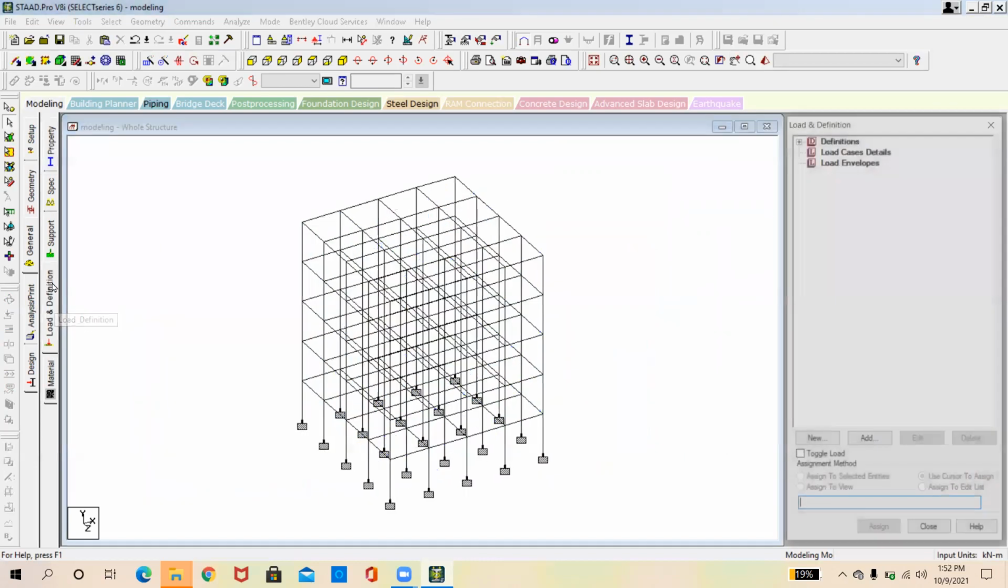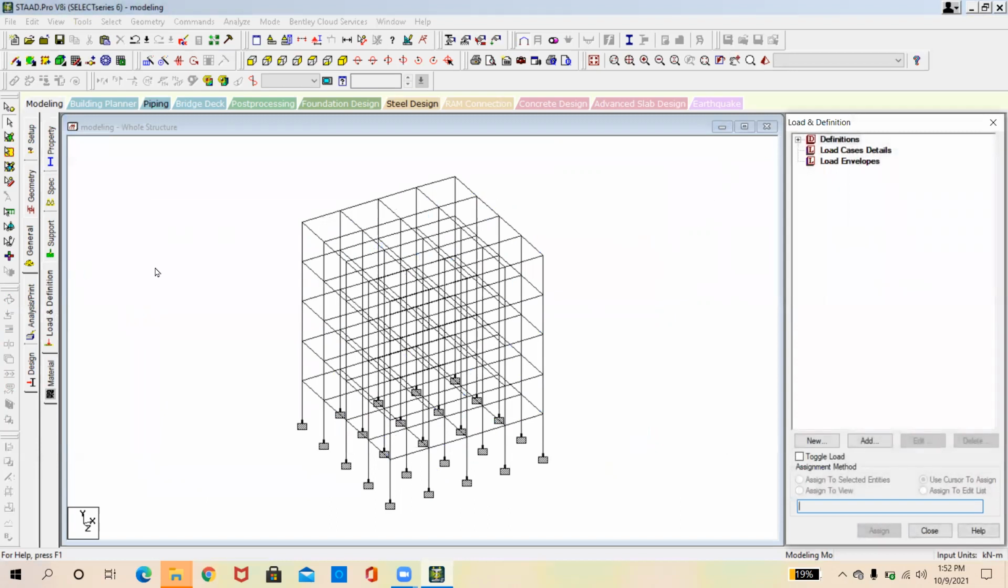So the loads and definitions, for the loads and definitions, we can discuss in the next class. So if you are okay with the